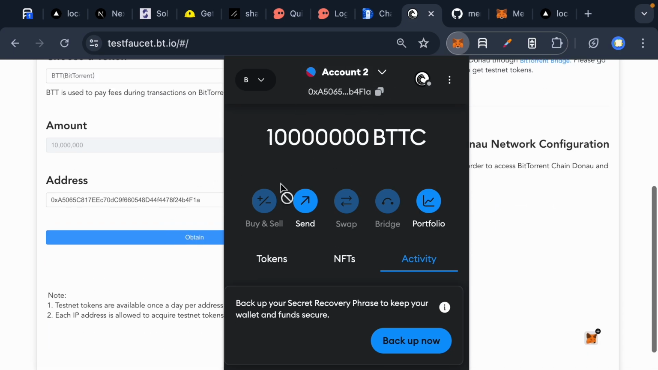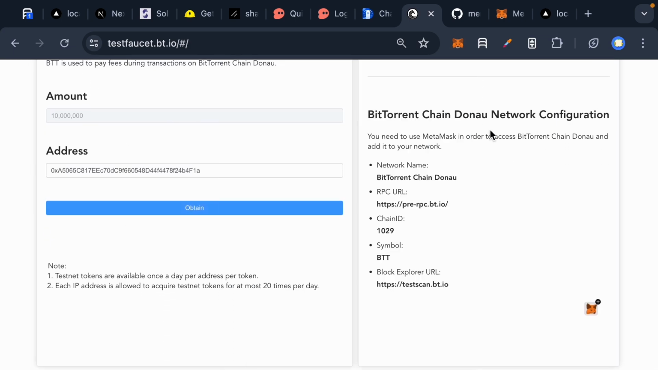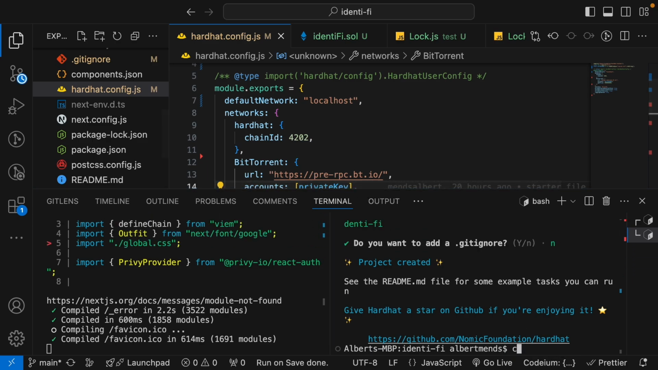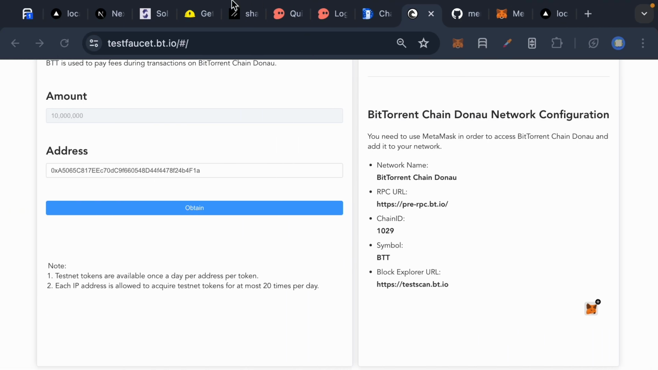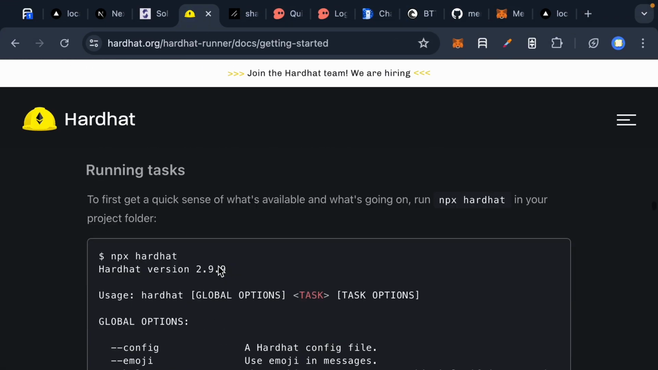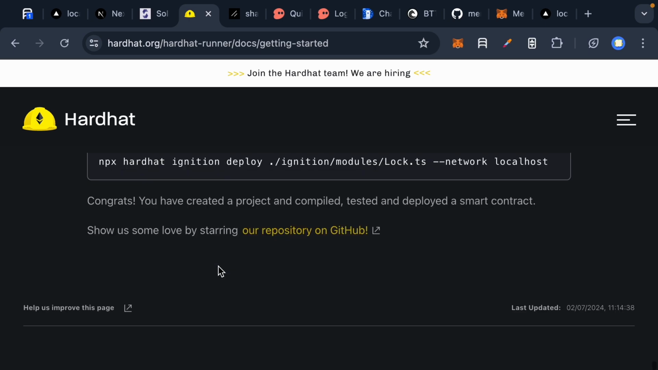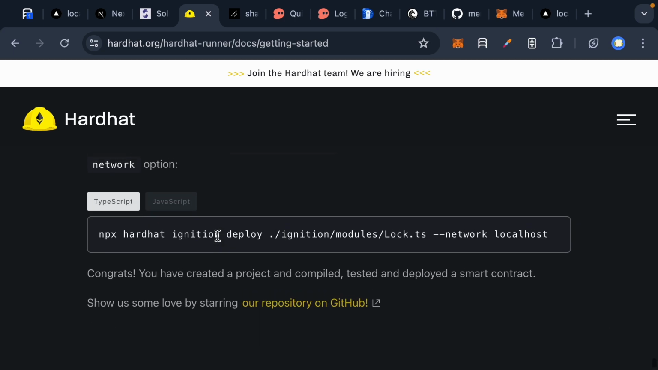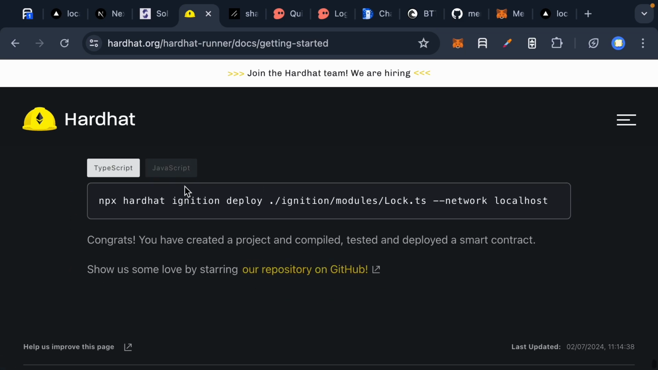So I want you all to visit this website and get your token and come back to VS Code and let's deploy the contract. So I'm going to clear the terminal. And when we get back to the Hardhat website, it shows us how to deploy a smart contract. When we scroll all the way to the bottom part of the website, it shows us how to deploy a smart contract. So I will go ahead and copy everything from this terminal